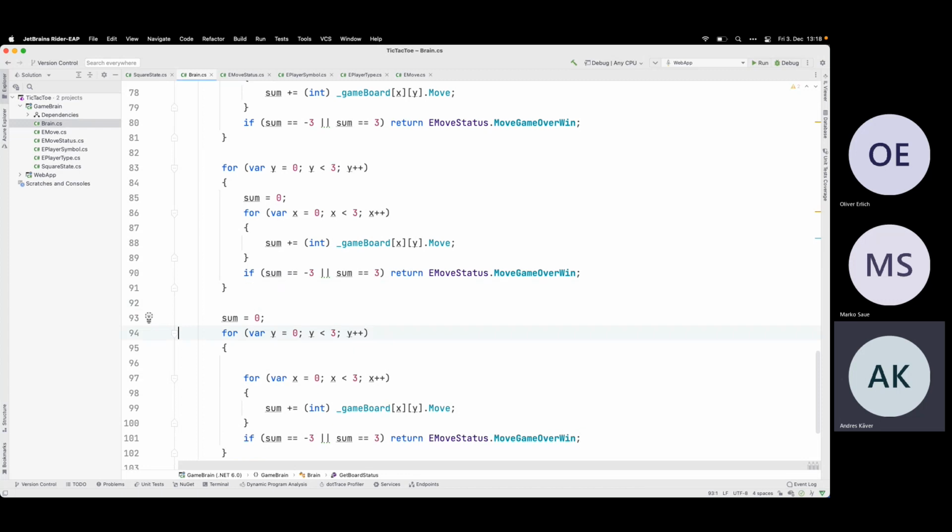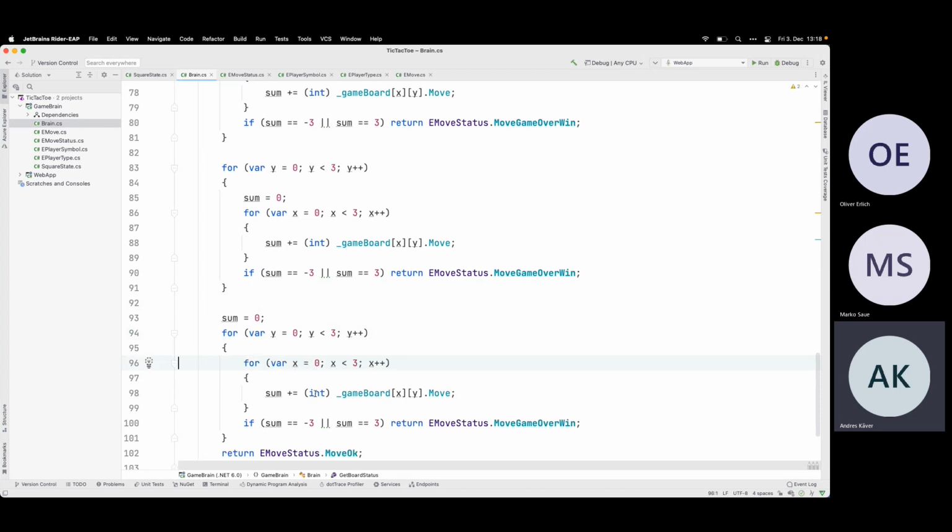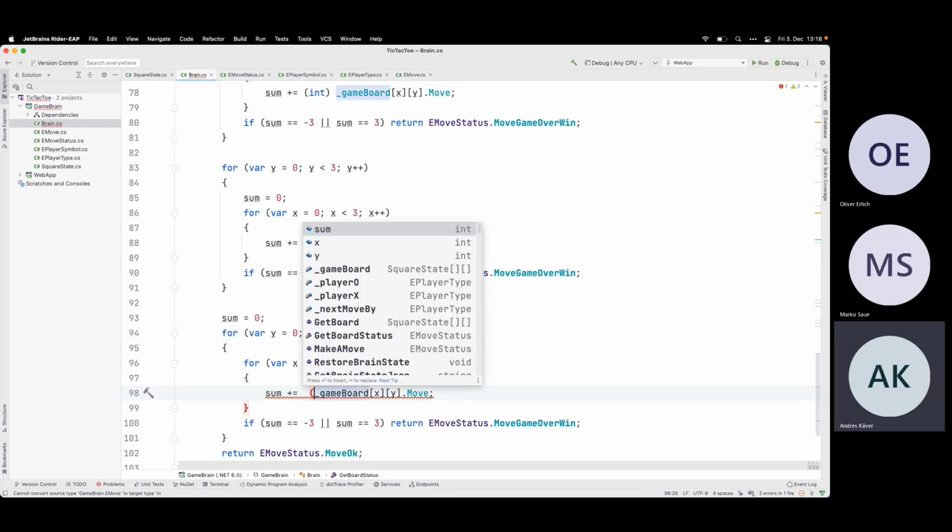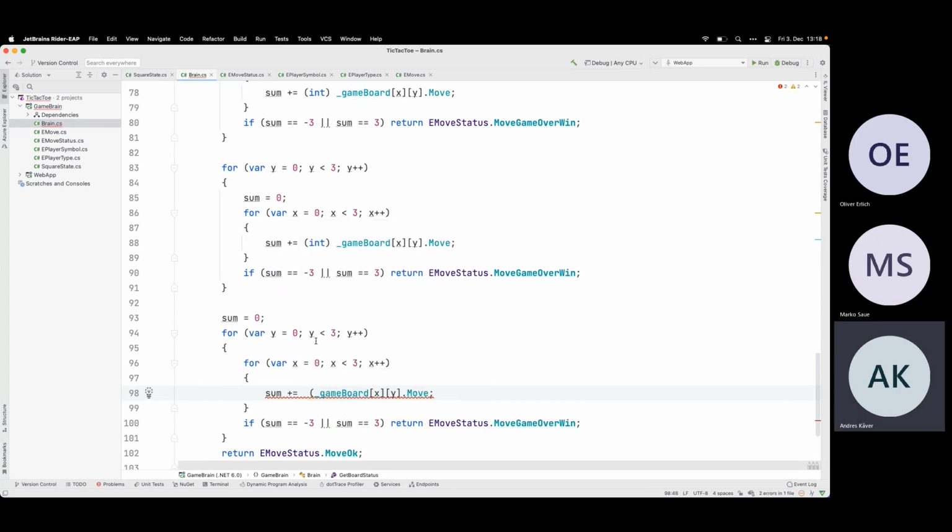So basically we need to do this. Let's make sum equal to the null. And sum equals. Actually, I don't need to do this one even.